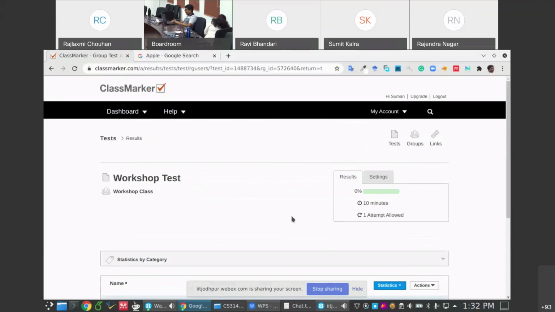So with the free version, you don't have a link. So sending a link to the whole class is not possible. So you have to import the users as a group. Limitation is 5,000 students at a time. So you can just remove the older students from older groups, and you can create another group for new students if you exhausted your 5,000. And you have a limitation of 100 tests per month for a free account, which can be further upgraded with